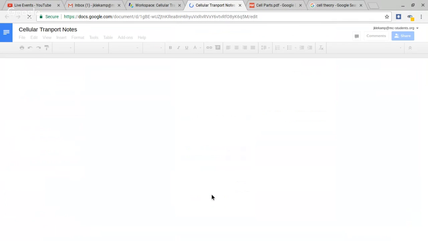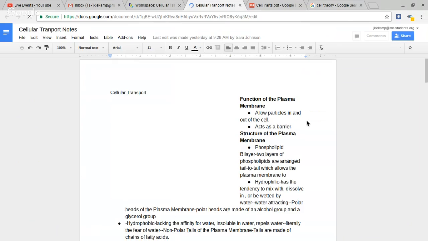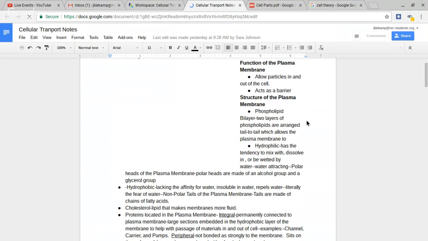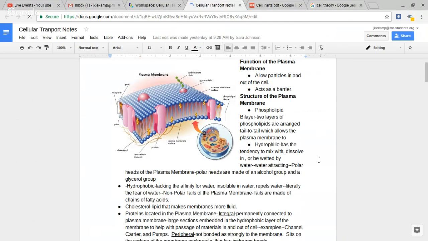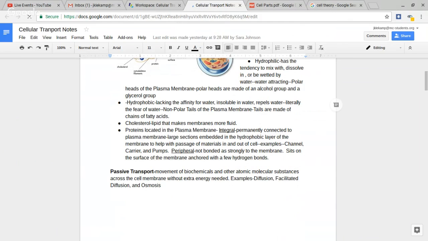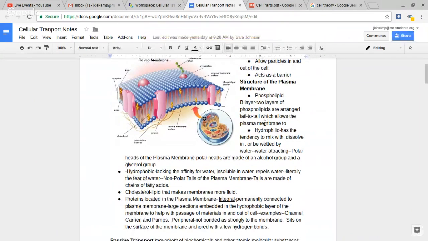To start out, again, like I talked to you guys on Friday with the Pear Deck, you have to have a big understanding of the plasma membrane. The plasma membrane, its functions are it allows particles in and out of the cell. It acts as a barrier. Structurally, when we look at it, it is what we call a phospholipid bilayer, meaning it has two phospholipid